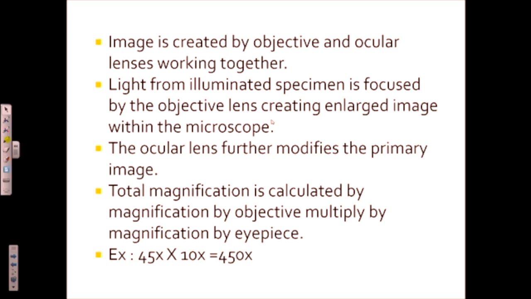Light from the illuminated specimen is focused by the objective, creating a large image, as I have already told. The ocular lens further magnifies the primary image. So the last point is very, very important for you to know. So how do you calculate total magnification using your normal light microscope? It is always the magnification of the objective multiplied by the magnification of the eyepiece. Something very, very important. Because students come to me and say, I have only 20x. I said, what is your eyepiece and objective? Because they can't say that, and that's very important for you to know. Out of all this, the last sentence is the most important for you to know.